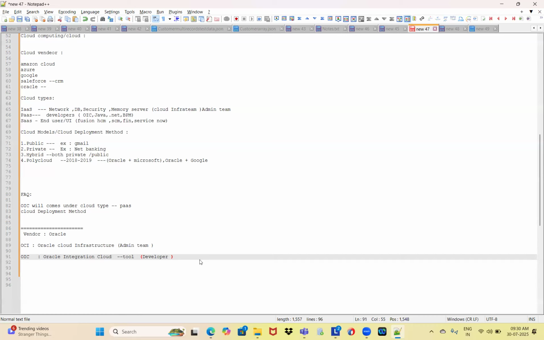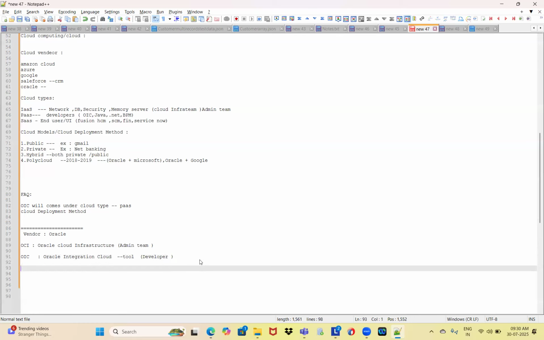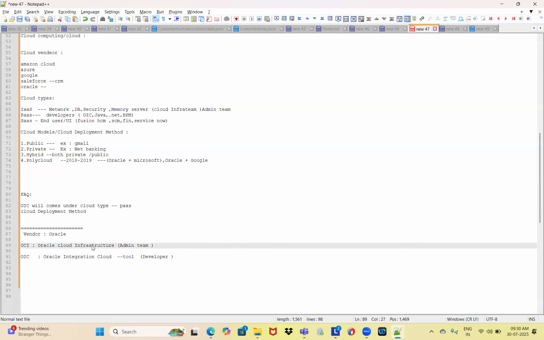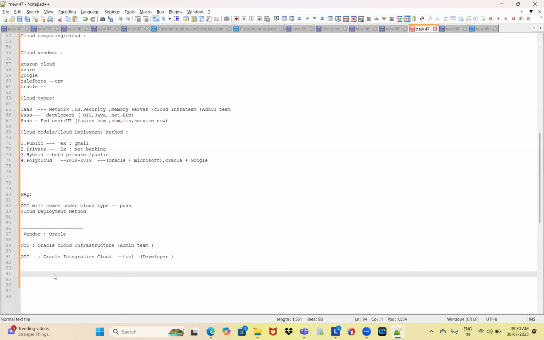Now, coming to the market, very initially Oracle started with ICS. ICS means Integration Cloud Service. Very initially they introduced only the tool, Integration Cloud Services.